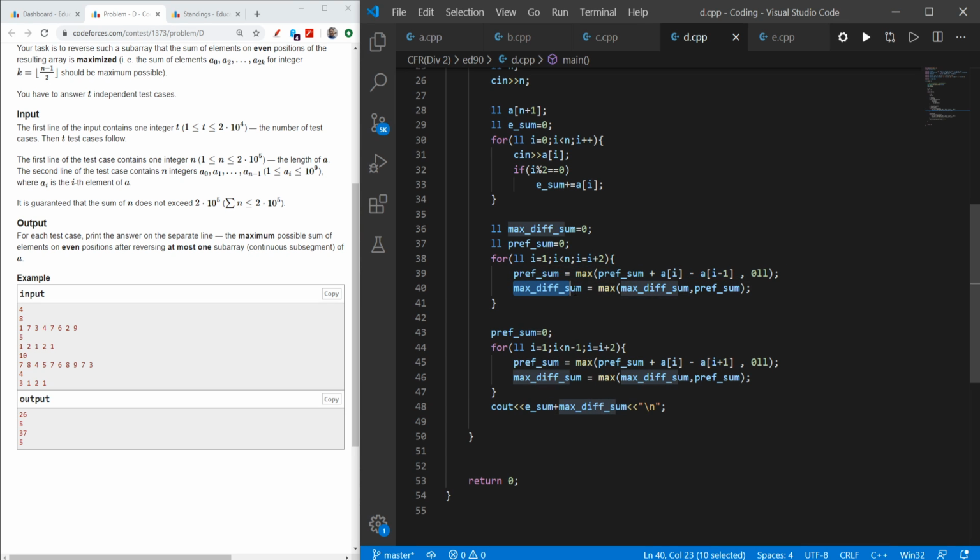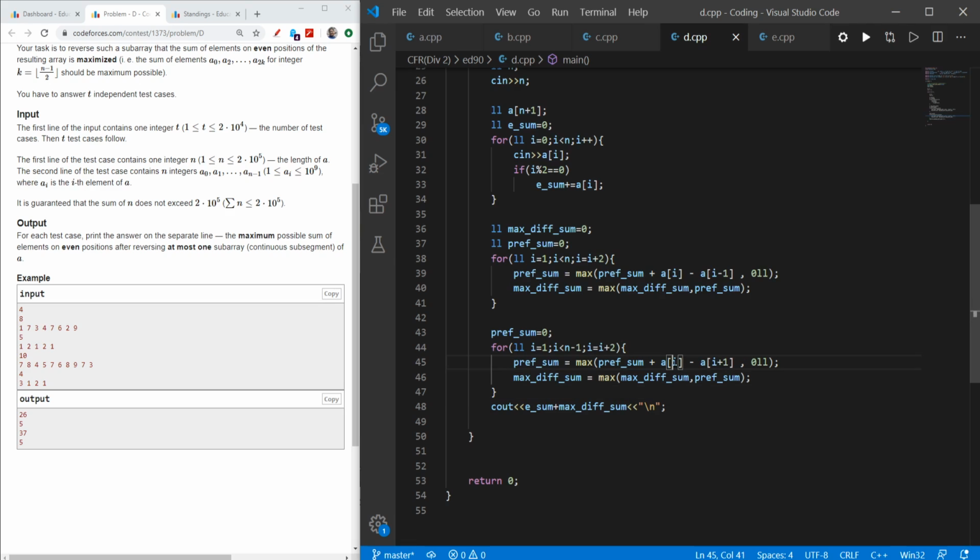Now I will update my maximum sum, because at the end of the day I need the maximum sum, so I will update it every step. Now I do it for odd index minus the previous even index. Now I will repeat the same procedure for odd index minus the next even index.